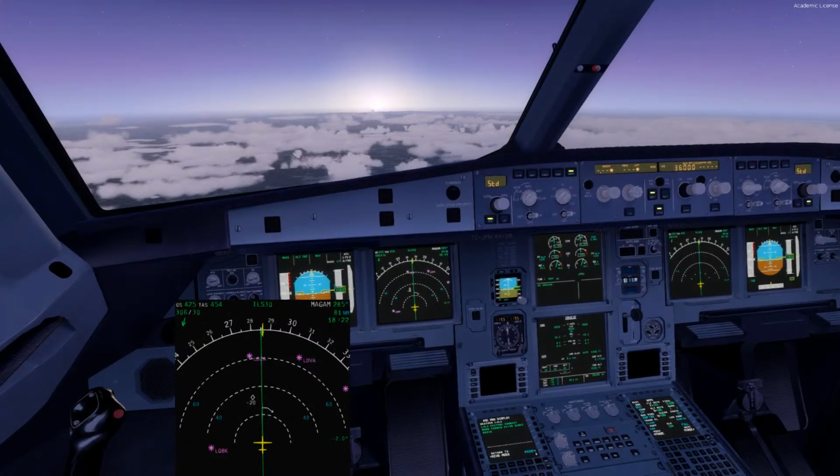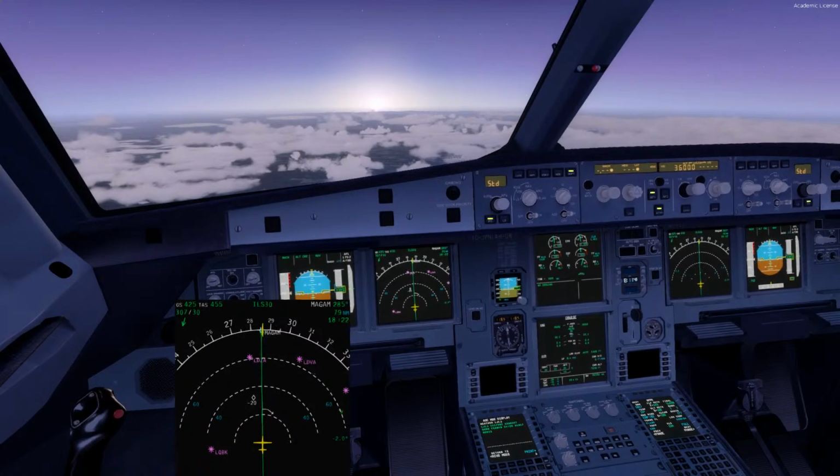So we'll prepare the aircraft for the descent, and then we'll continue to Magam and in descent, and further